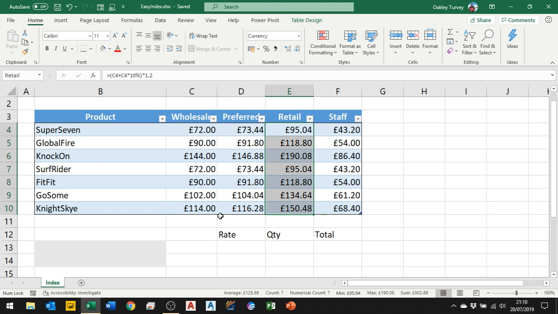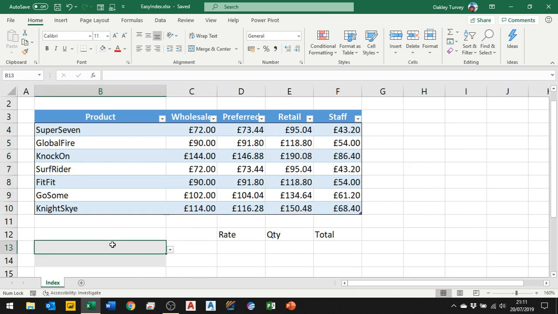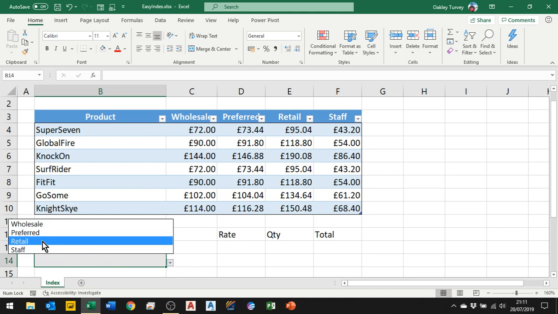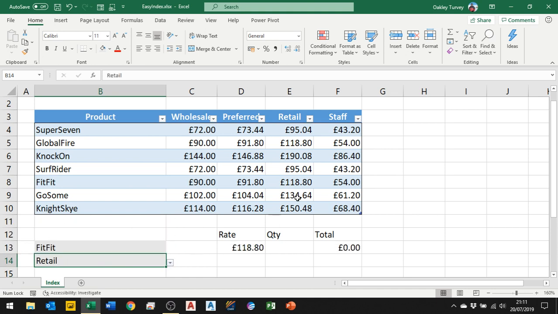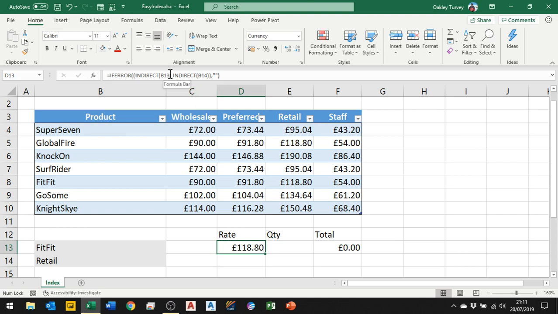Now each of these could be a named range, and if I then refer to the named ranges in a drop down menu here, so if I said FitFit in there and retail in there, boom, it gives me the 11880. Now the way I've done this is I've simply, and this is what Mike showed me today, I've simply used the formula to show the intersection between two ranges, and all we do is we put a space between the two ranges. Now, because I've referred to my ranges as that cell, and clearly they don't have any intersection,